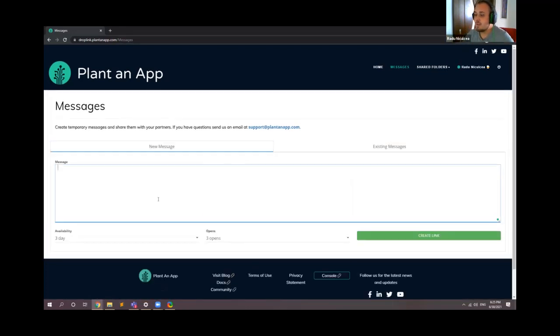One thing I want to mention is that the messaging service is public, so you can use it not only with Plant and App, but with other partners that you work with, to start sharing credentials, and those can be website credentials, SQL credentials, VPN credentials, or messages that you don't want to be public. The whole point of this is to stop sharing passwords through email, because